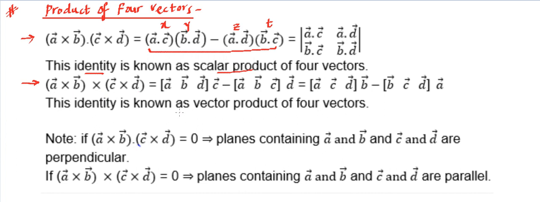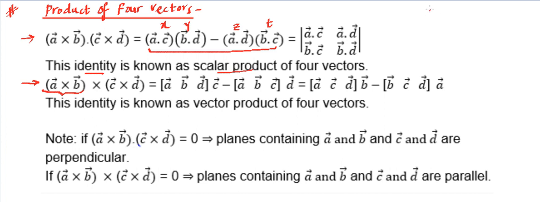So when we simplify, this comes out to be this expression, where you remember this is a scalar triple product, this is a scalar triple product. Now here you can connect your old concept of scalar triple product to get this, how we are getting this. So let me briefly explain what is going on. Let's say we think that this is a single vector. So let's consider this as a single vector, or maybe to start with we can think of this as a single vector, so we can get the expression of the first type.